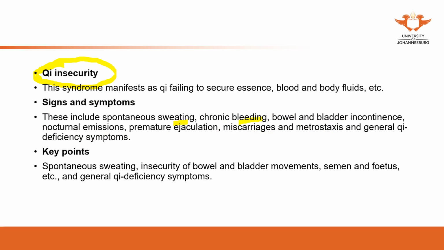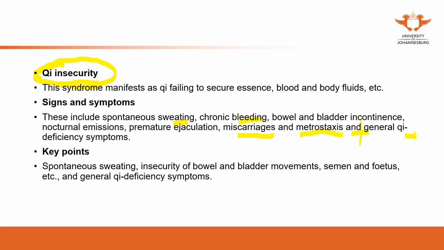Bleeding, the qi needs to secure the blood. Miscarriage, the qi needs to secure the baby. The excessive bleeding in the period, the blood should not come out that much, but it comes out too much. So that's the insecurity function, plus